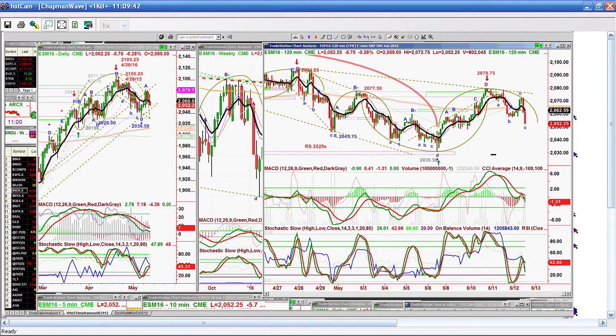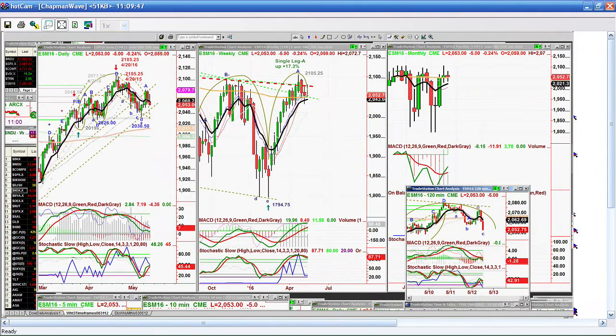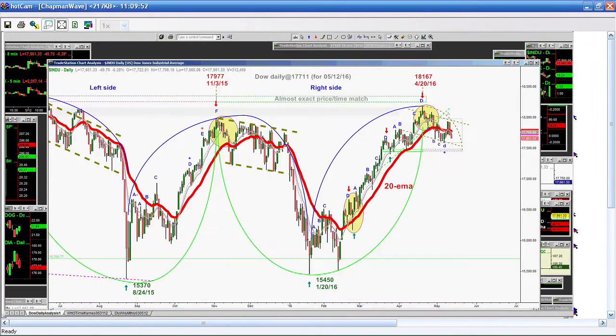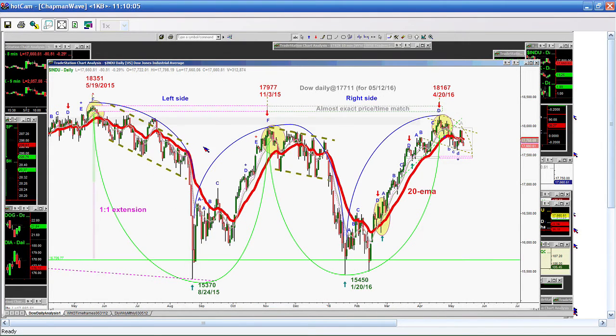So here's the importance of this whole panoply of configurations. Let me show you what we're looking at. You remember the chart that I spent so much time on? It was almost getting boring that I was talking about it. But nothing's boring in the stock market. What I said was that the May high, and I spent a little time with Tom O'Brien when I was interviewed by him on Tuesday, and I spent a lot of time here on the show, showing that the match with the 19th of May high at 18,351 last year, almost precisely a year ago, had the pattern with that